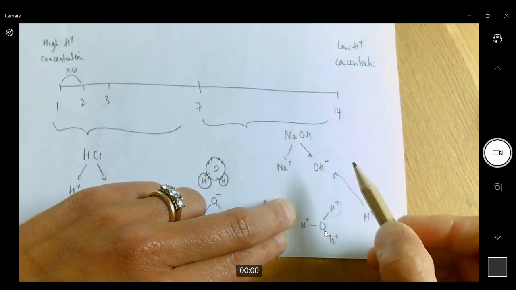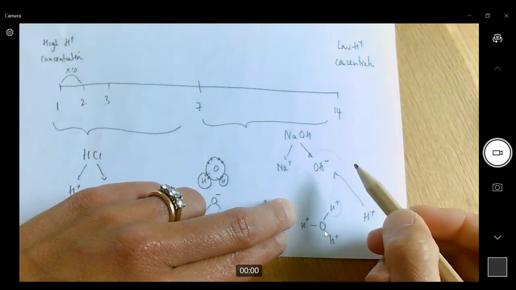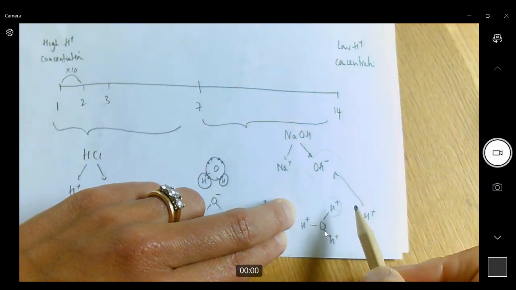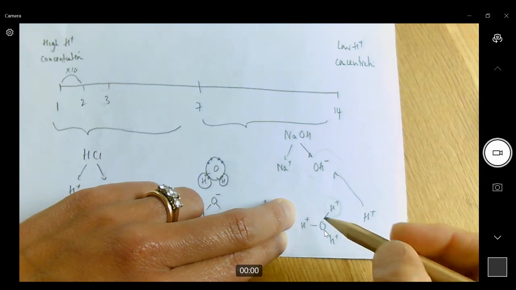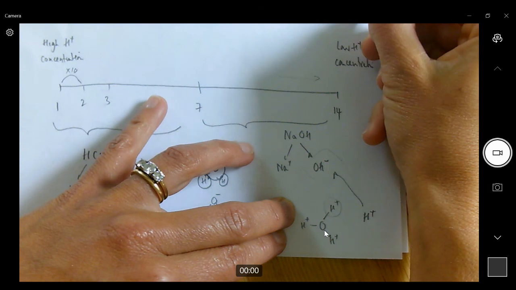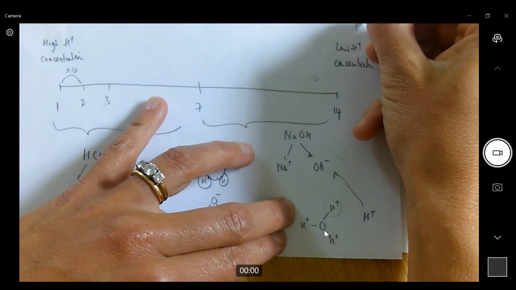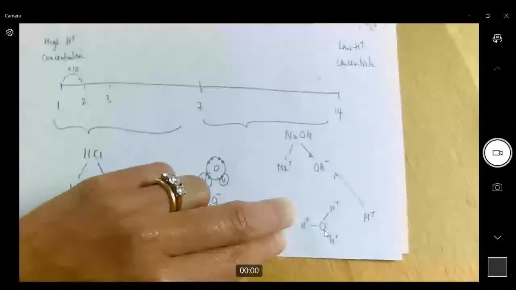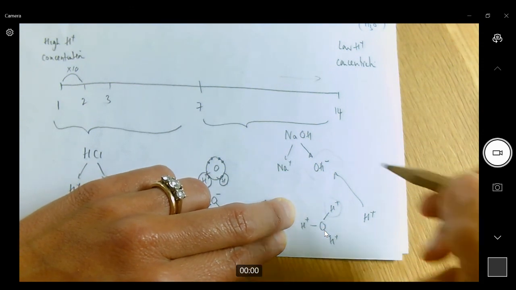And the more of these hydroxide ions that you add, the more it will pull these out of solution by joining together to form water. And so our concentration of hydrogen ions, or hydroxonium ions, will decrease as we increase the concentration